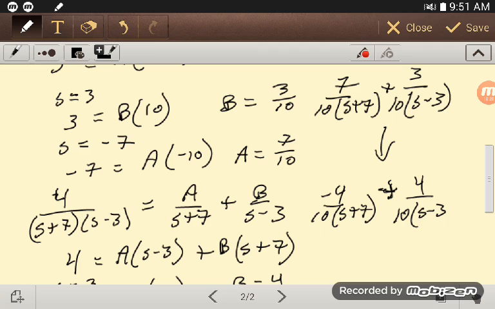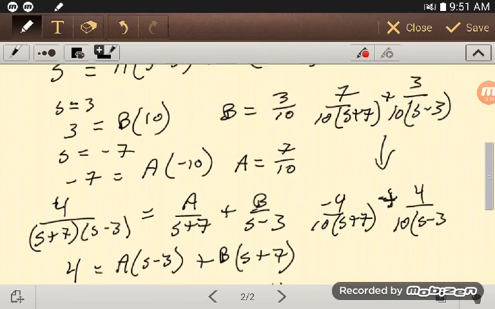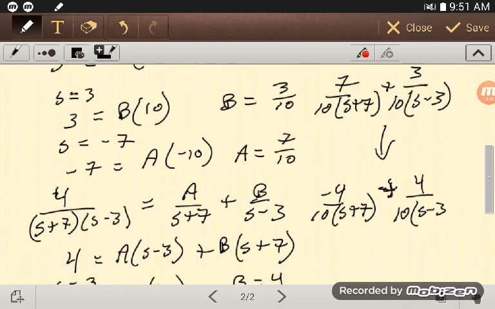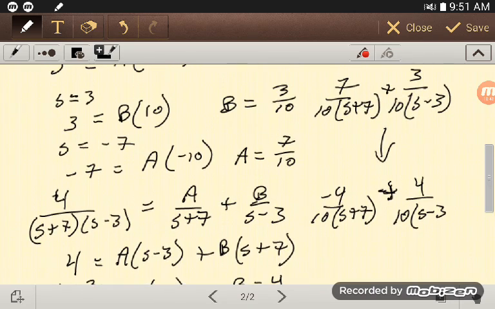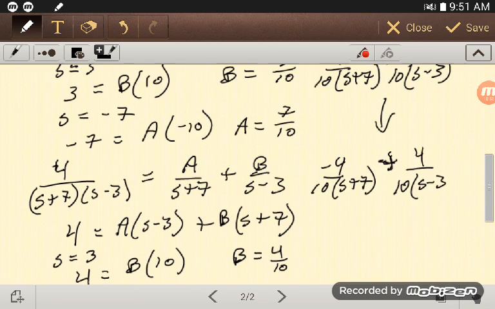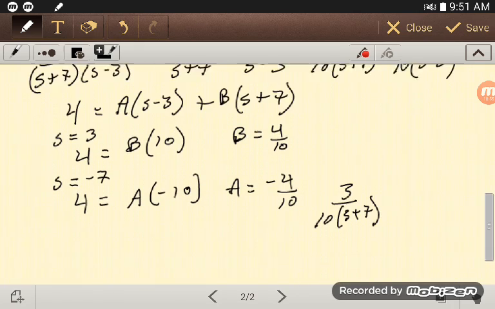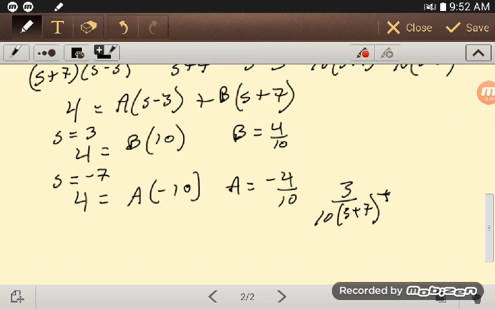Now actually, I can put these two together. So at this point, those two things together make a partial fraction of, and I could have done it all at once, I suppose, but I have 3 over 10 times s plus 7, and 3 plus 4, so that's 7, so plus 7 over 10 times s minus 3. Okay, I'm going to pause for a